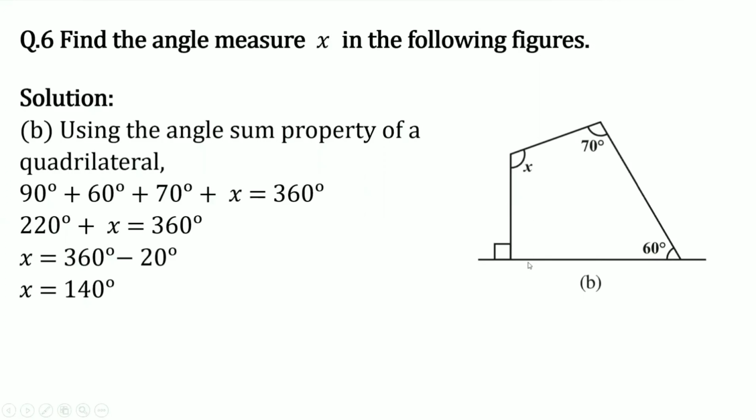This fourth one you are not given, but the exterior angle is given. This symbol we are using for a right angle, which measures 90 degrees. Here this exterior angle is 90 degrees, and as we know, an interior angle and the corresponding exterior angle make a linear pair. So this interior angle will also be 90 degrees. So now out of 4, we know 3 interior angles. This is 90, this is 60, and this is 70.